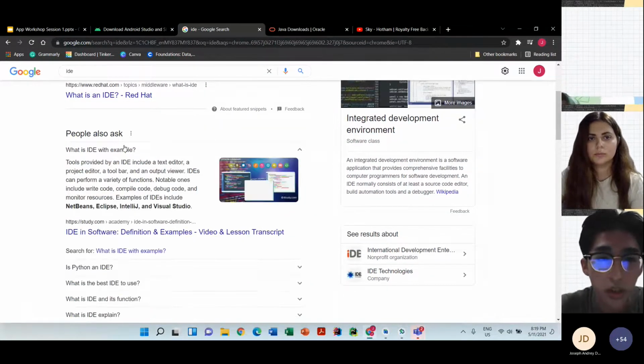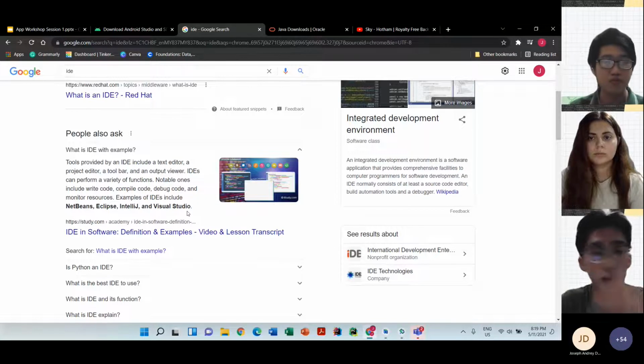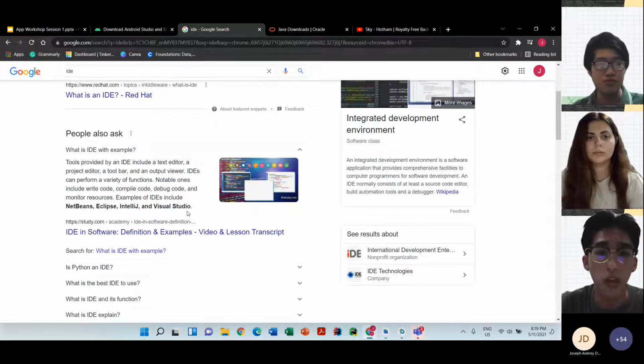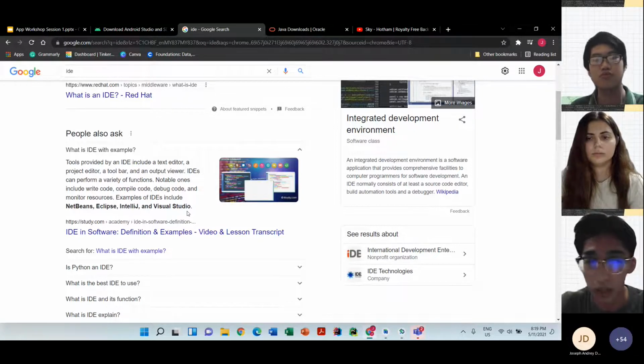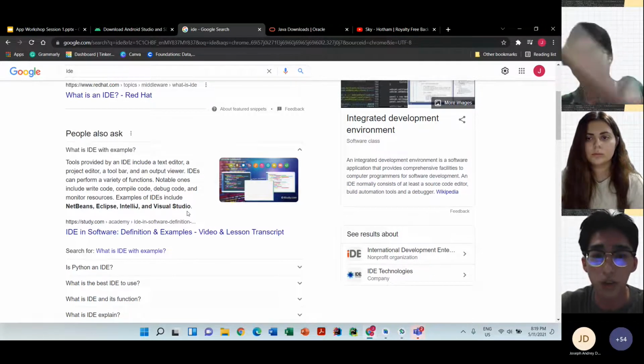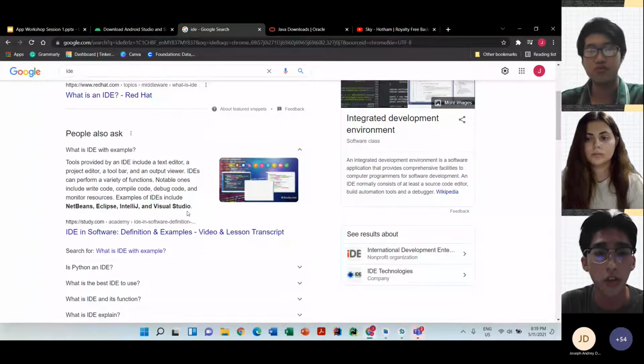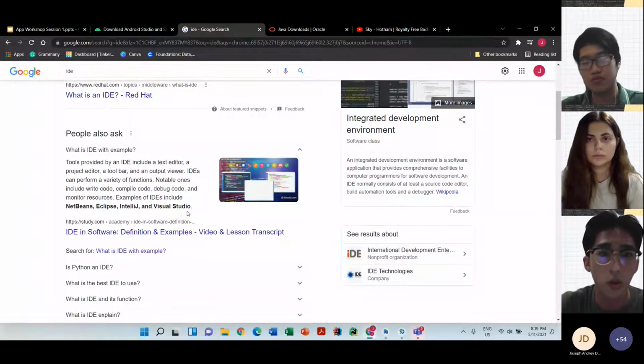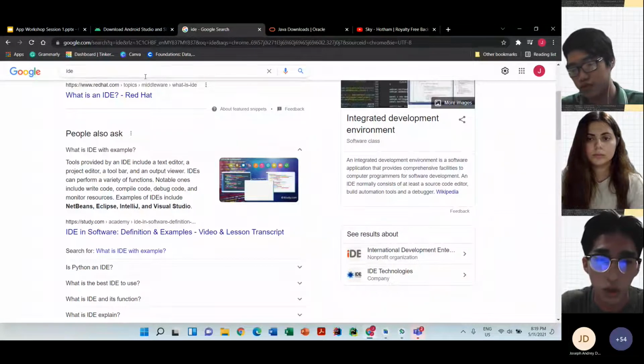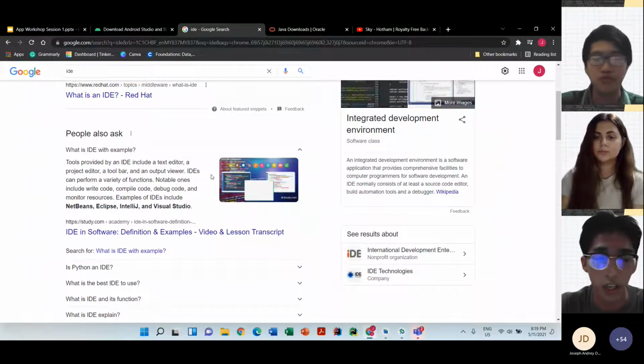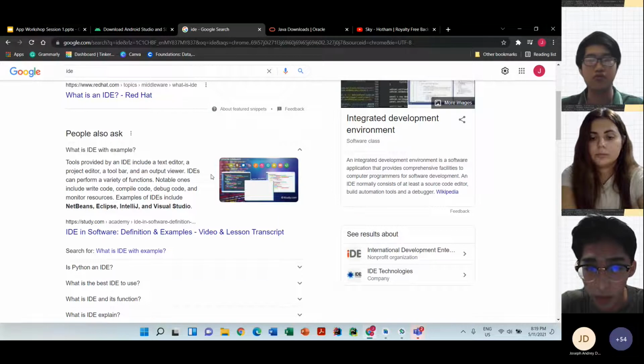Okay. Here are some examples of IDEs you may hear of, like NetBeans, Eclipse, IntelliJ, and Visual Studio Code. It's a glorified text editor. So instead of doing everything inside a notepad, we get more capabilities and features built around whatever software we are building. In this situation, Android Studio is going to give us access to emulators for different cell phones. While downloading Android Studio, make sure you have downloaded the Java JDK, as we will be writing this Android app in Java.